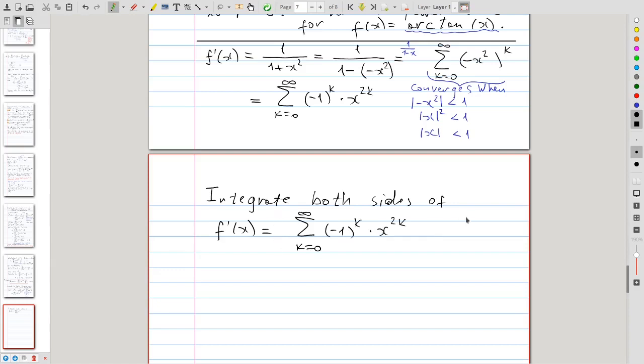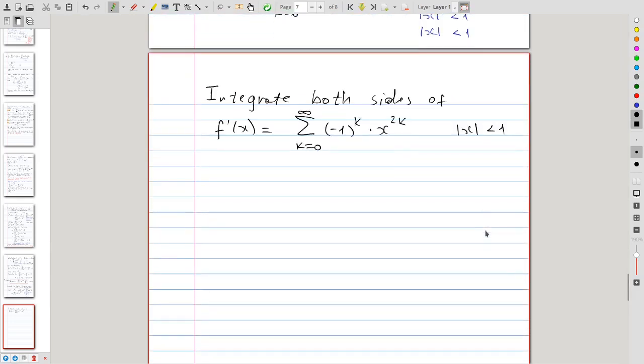Right? So this equality we know holds when the absolute value of x is less than 1. So by integrating both sides, on the left we get f of x. So f of x, which is, remember, arctangent x, is equal to the integral of this power series